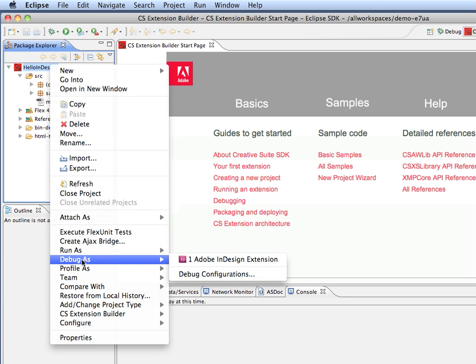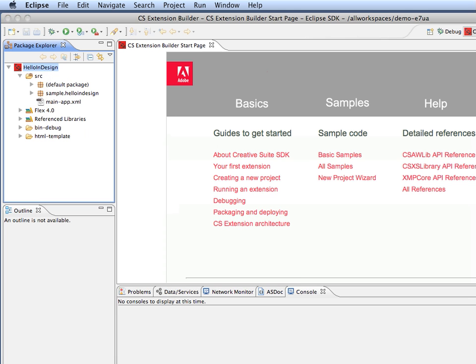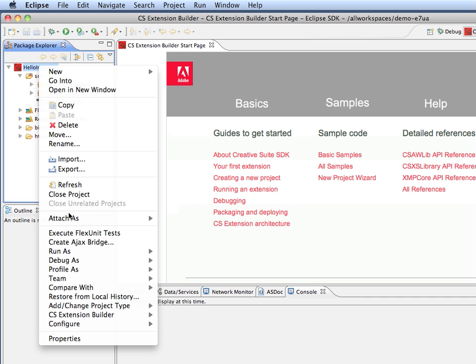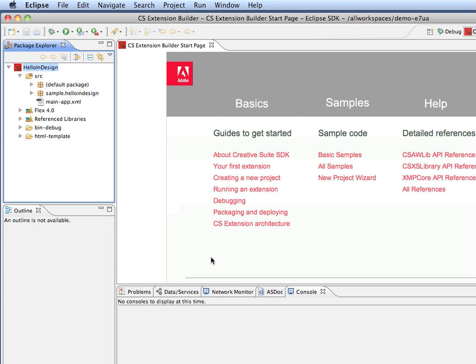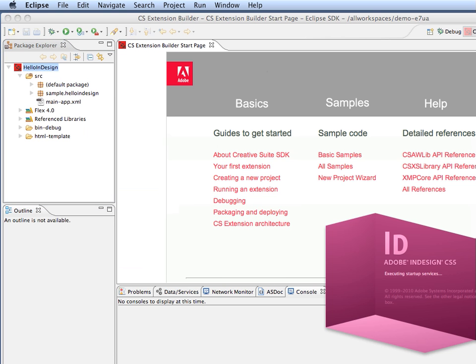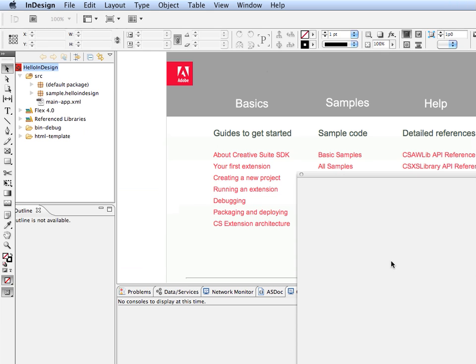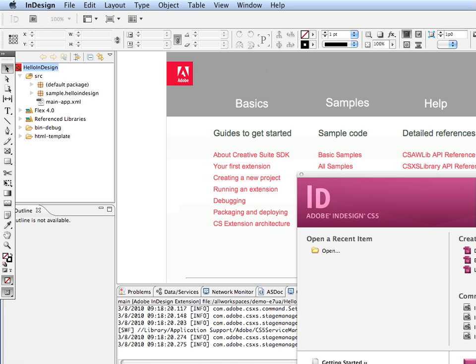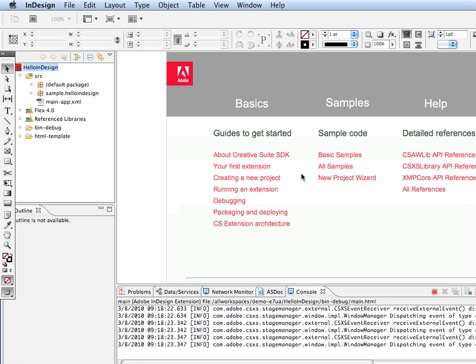Let's go ahead and debug our Hello InDesign extension as an Adobe InDesign extension. First of all, I check that it's not running in the background. And let's go ahead and run it. Debug as Adobe InDesign. What that should do is fire up InDesign with the extension loaded. And with any luck, once we get rid of the start screen, you can see in the background in the Flash Builder environment there's trace appearing in the console, which means that the Flash debugger has successfully connected to the SWF